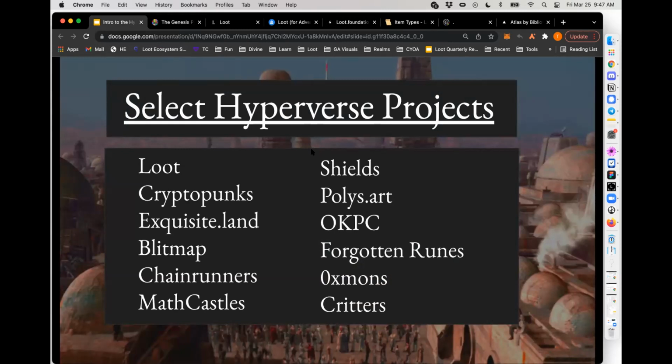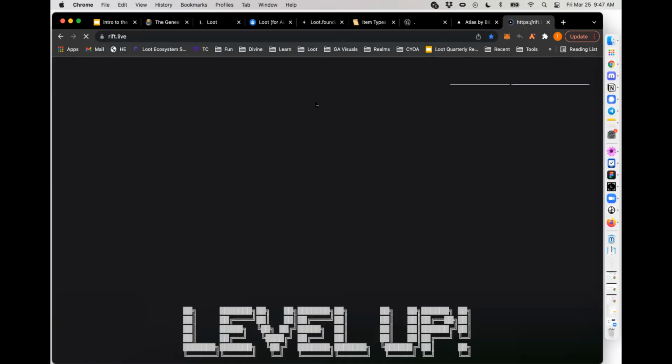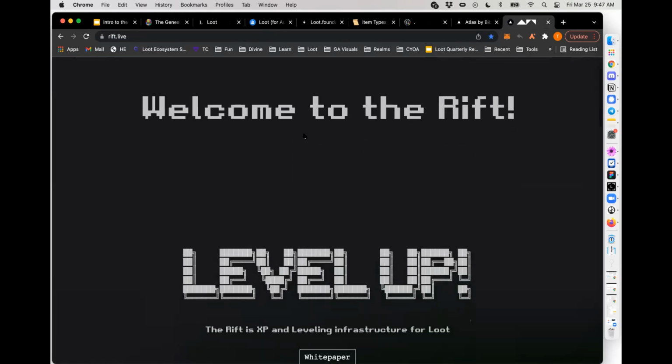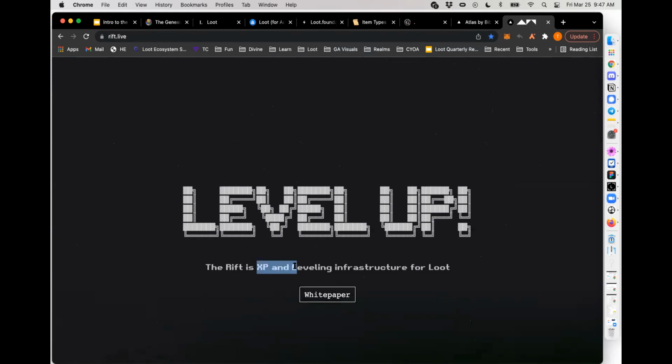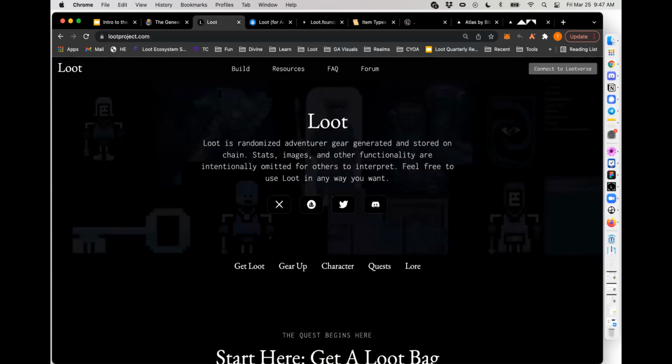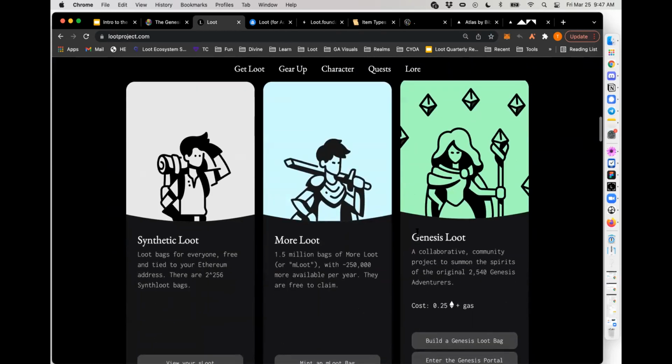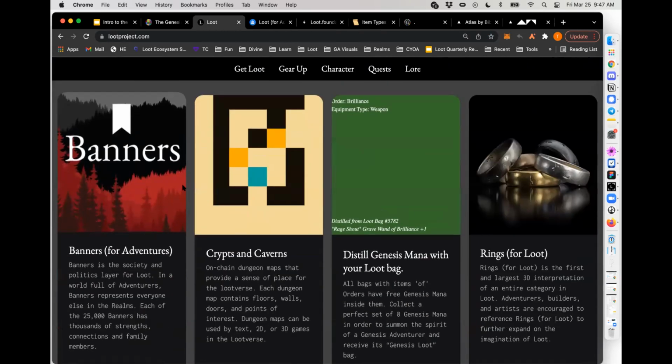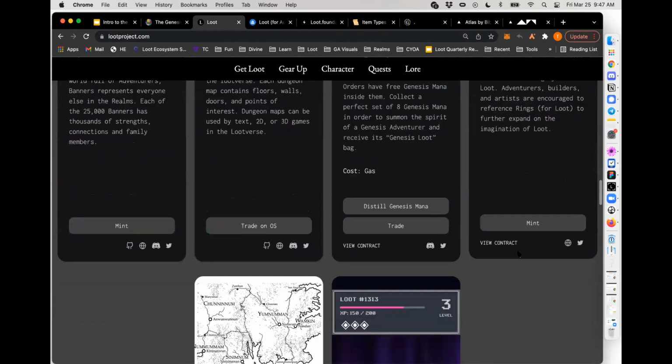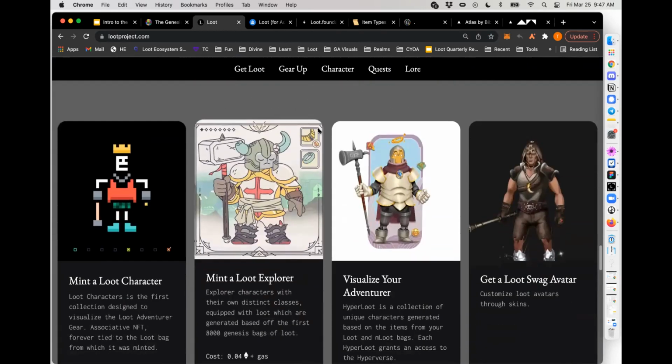And those on-chain actions now are being pulled together into other projects. Like there's a project called The Rift that's just going live, rift.live here. And it's creating an XP and leveling infrastructure for Loot that's saying, let me look at what this loot bag has done across the Lootverse. So what has this loot bag done across the Genesis project, across banners, with a crypt, with rings, with realms, with characters?